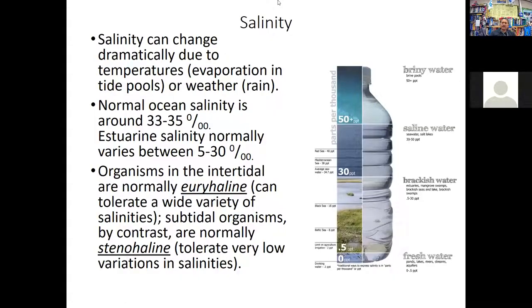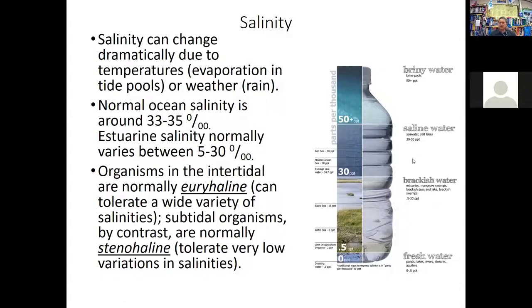Another problem is the salt. If you're an intertidal organism, the ocean is 35 parts per thousand salt, mostly sodium chloride, some other ions as well. Organisms in the intertidal are normally euryhaline, and that means they have a tolerance to different salinities, whether